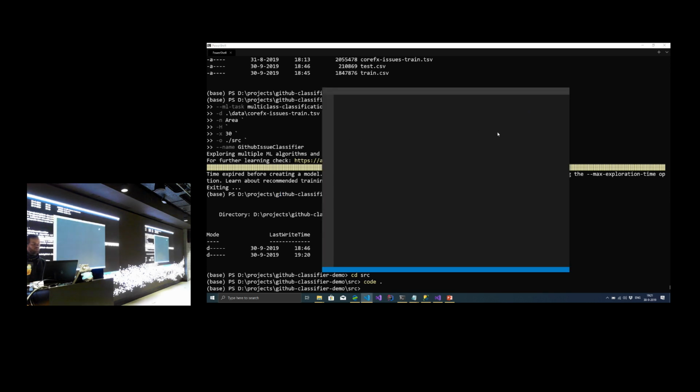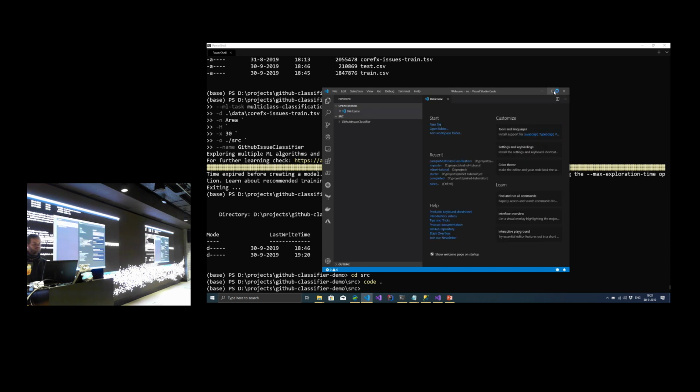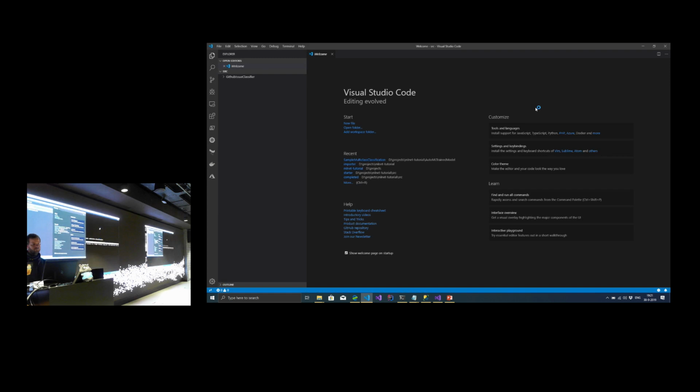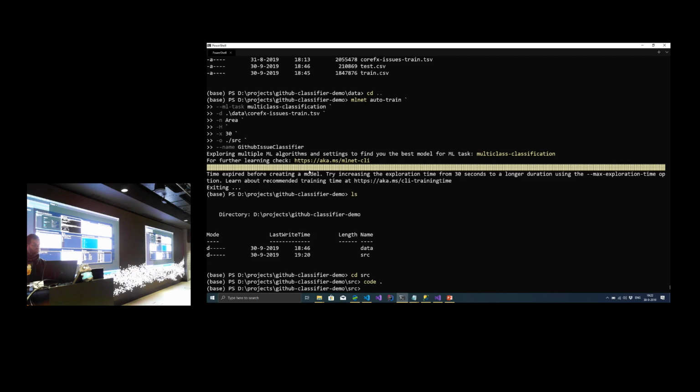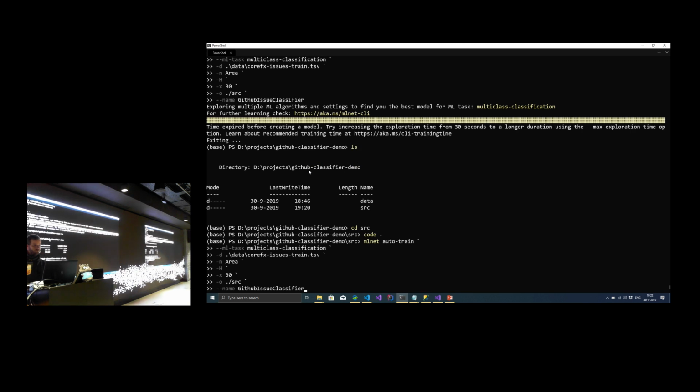Which is awfully slow. Give it a second. Expired before creating the model. Oh, yes, indeed. We need to give it more time. Give it a minute, come on.